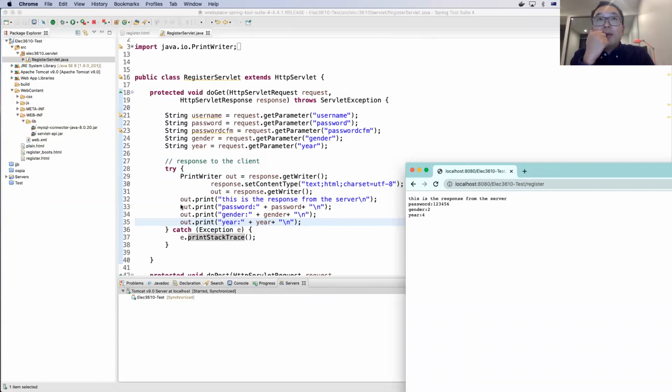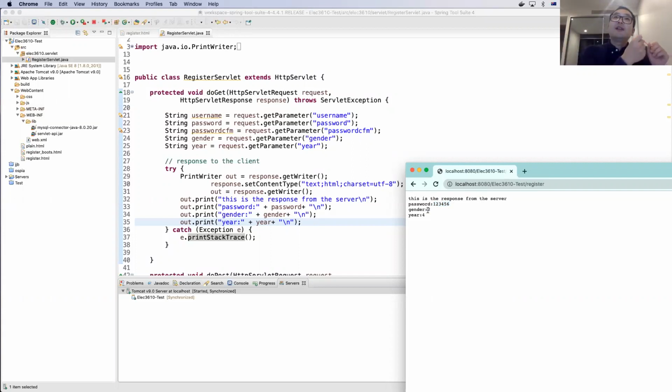We mentioned that we are going to send this response from the server, and we just attach the user's inputs, password, gender, and year in this information. You can see that the password I just input is 1, 2, 3, 4, 5, 6. And the gender is 2. That means